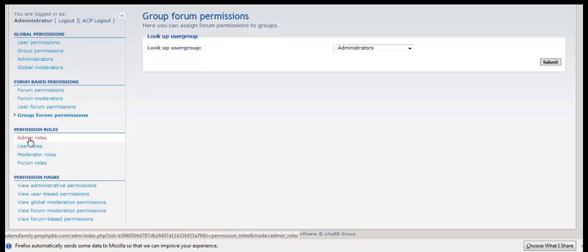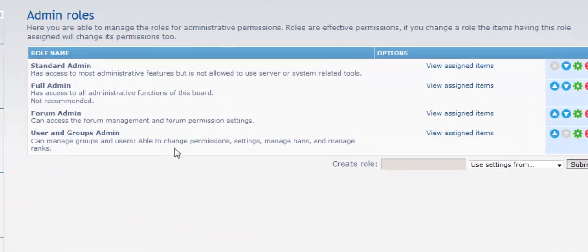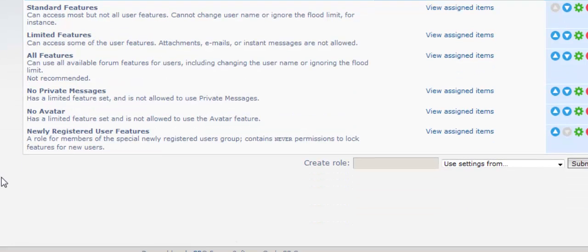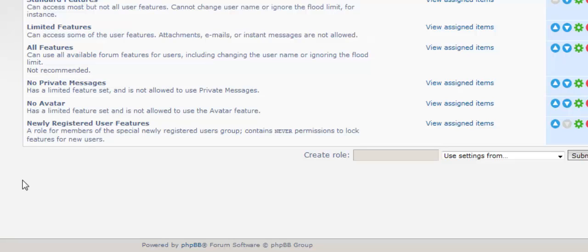Admin permission roles, here is a list of the various types of admin we can have, or we can create our own if we wish down here. Again, we're getting into more advanced stuff here, guys, so I'm not really covering this. It's a little bit more advanced than you need to know for setting up the boards.